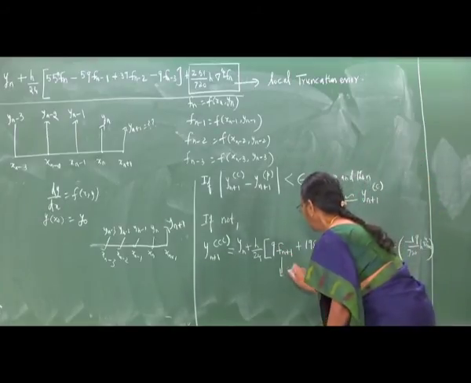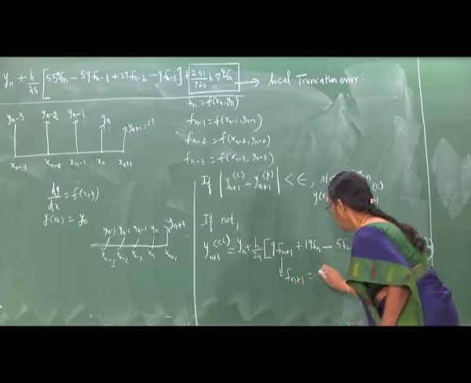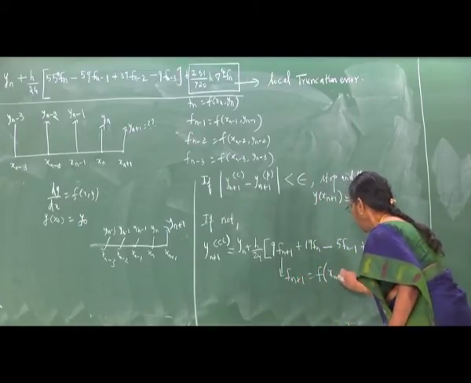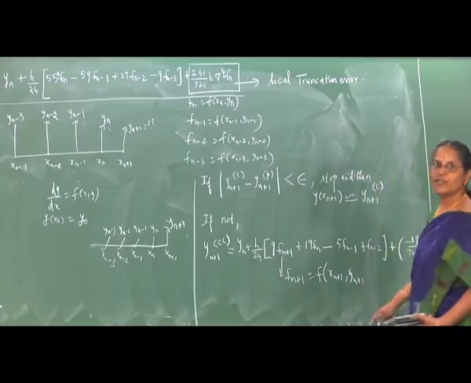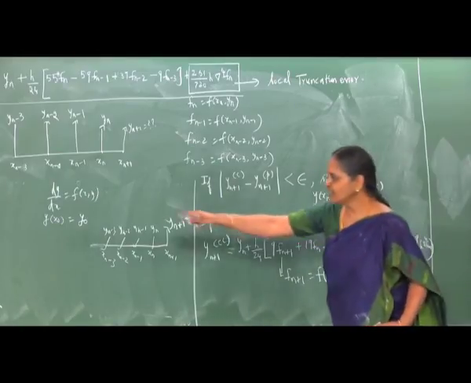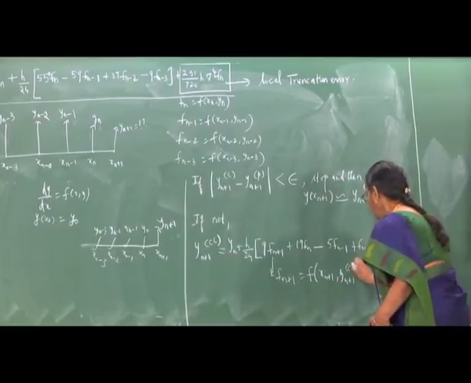Here the fn plus 1 is going to be f of xn plus 1, yn plus 1, but which yn plus 1 will you use? You have a first corrected value there,